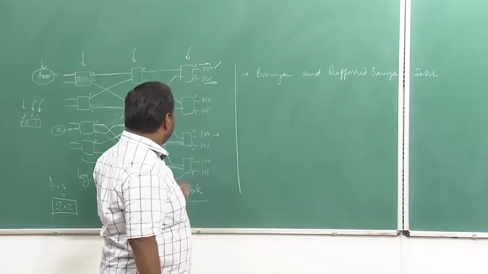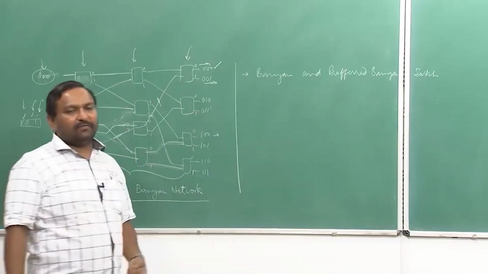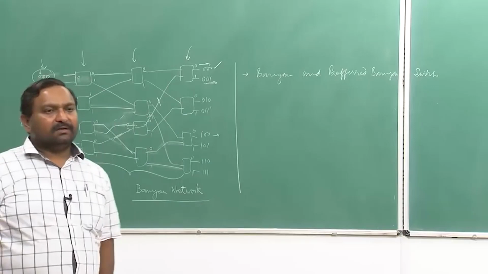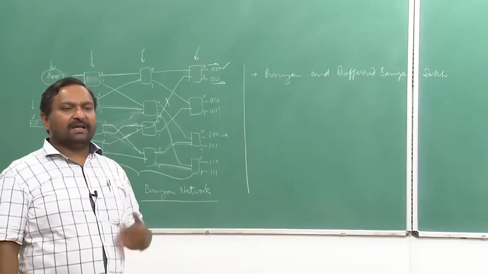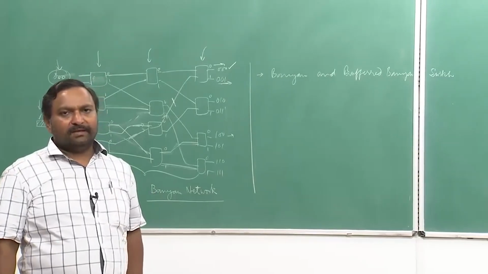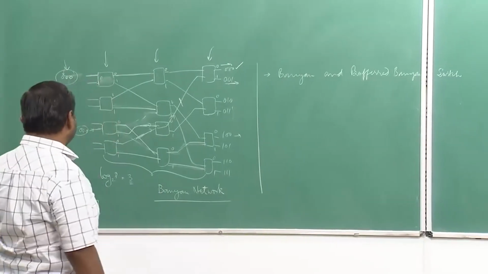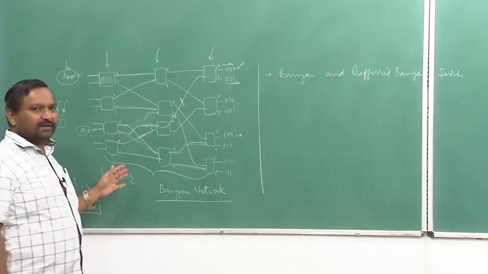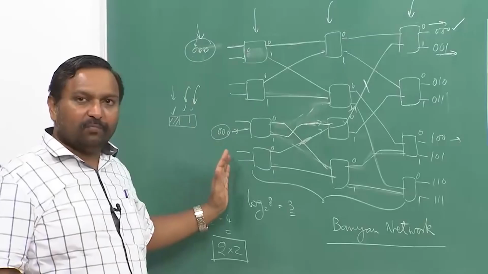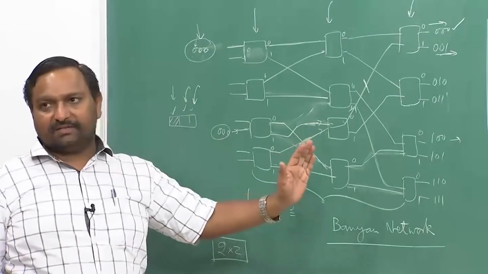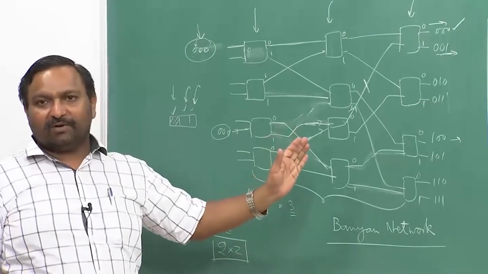Even if you do buffering, I can remove these internal conflicts, I can somewhat handle it and improve my throughput, but still it cannot go to 100%. So, is it possible that when the packets are coming here, they do not get into conflict? Remember, even if all the packets are for different ports, they can still get blocked in this system. This is not a strictly non-blocking system,